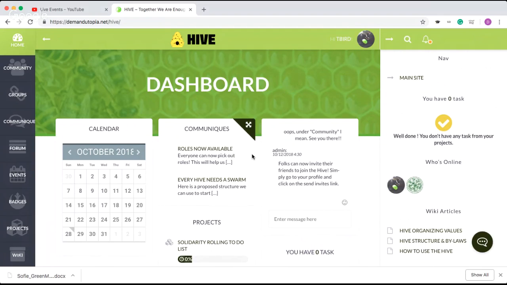But this being our first video, we want to get into just a bit of an orientation on the Hive page and give people an idea of how it's supposed to work. So again, the big points that we're going to be running over are the dashboard, profile setup, groups and projects, to-do lists, badges and roles, docs and files, our membership map, and showing you a little bit more of the